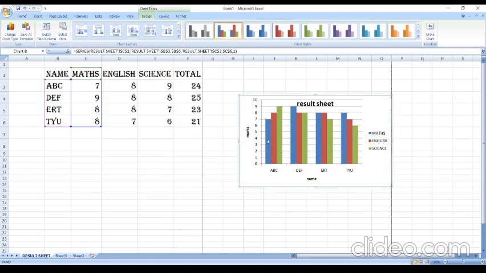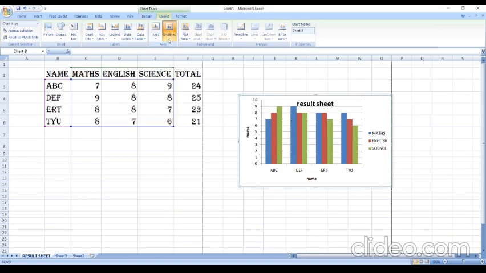It is showing you that series of the data. Plot area, chart title, grid lines. If you want to show the grid lines, you can even show the grid lines also. You can see grid lines at the back.